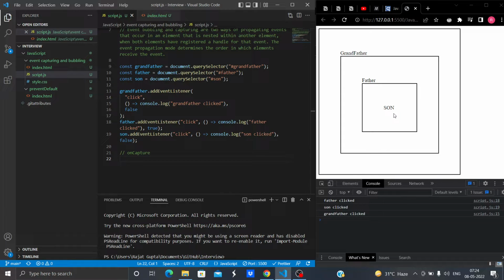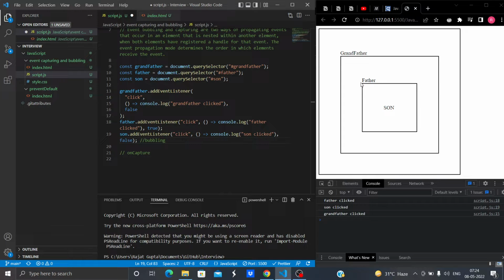Bubbling will start from this sun itself, where capturing ended. So it will see in the bubbling phase, okay, it was not executed in the previous phase, and moreover its on capture value is false. And what does it mean? If on capture value is false, that means bubbling should take place. So bubbling will happen and sun click is being executed.